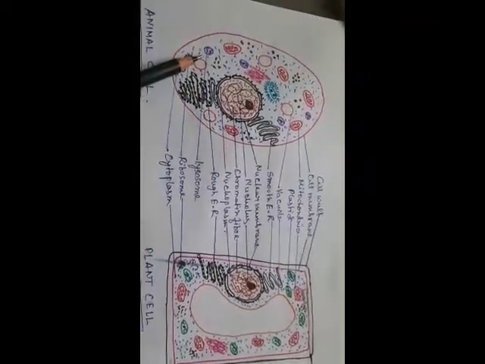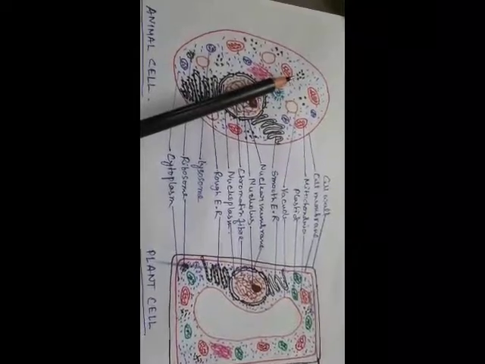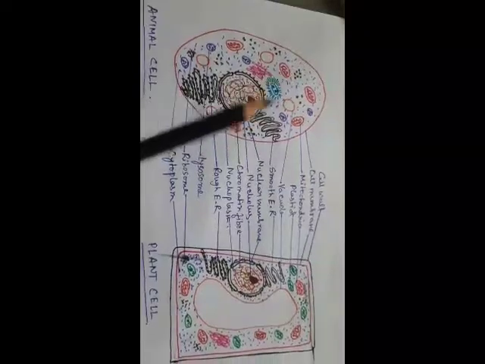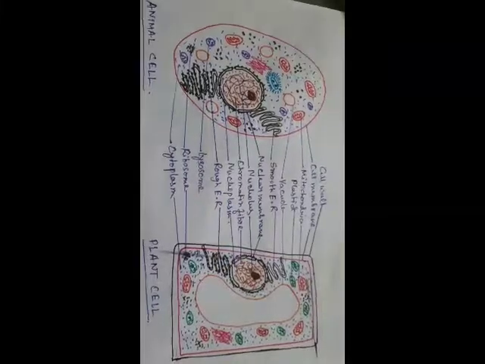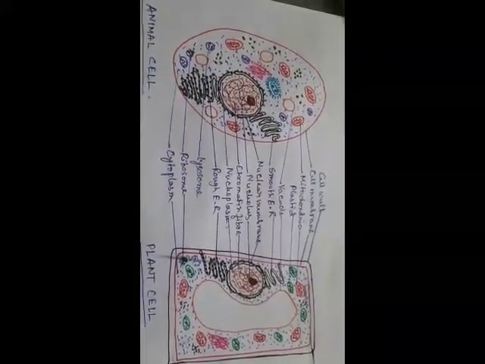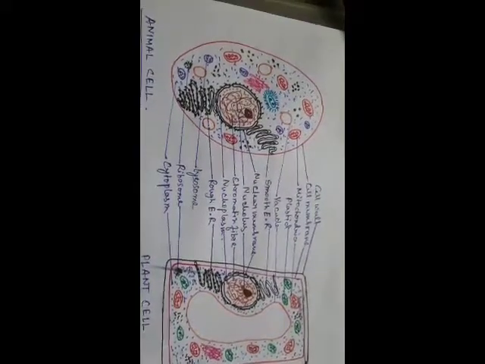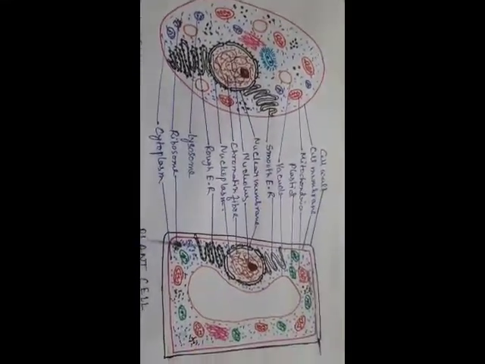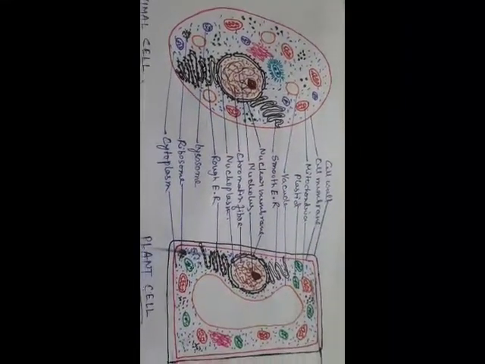Stored food in the form of glucose or glycogen is stored within the animal cell, but in the form of starch or polysaccharide it is stored within the plant cell. The cytoplasm of the animal cell is very dense compared to the plant cell. The Golgi body is highly elaborate. Golgi body is present in animal cell, but a simple unit of Golgi body is present in plant cell, and the nucleus, in both the cases nucleus is present.